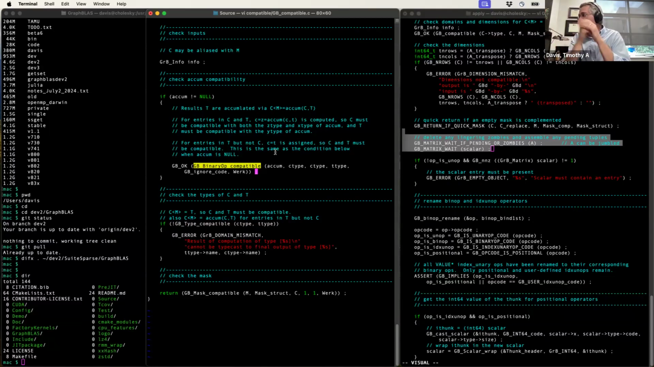So this matrix wait will occur if the input matrix has any pending entries or if it has zombies. If so, I wait, which means I finish the work. I sum up the pending tuples, I assemble them, I kill all the zombies, I sort it if need be, it's no longer jumbled. I finish everything on the matrix if it's got pending or zombies, but it won't if it's just jumbled. I'll just let it go, and because the algorithm's agnostic, it doesn't care if the indices are out of order or